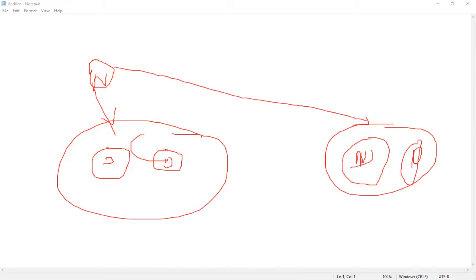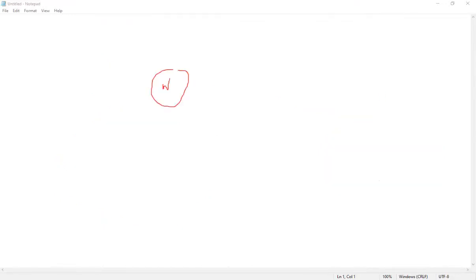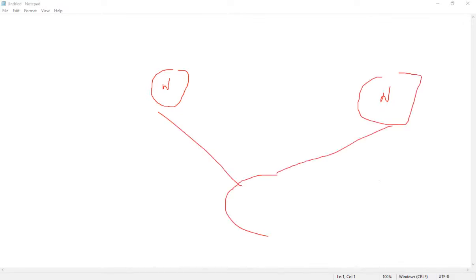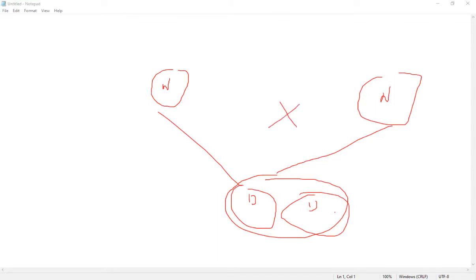But the reverse part is, I hope this one is clear, but check this: if there is a name node and there is another name node, these two name nodes will not control a single cluster where there are data nodes. Am I clear? Yes, sir. So two different name nodes on the same cluster will not be done.